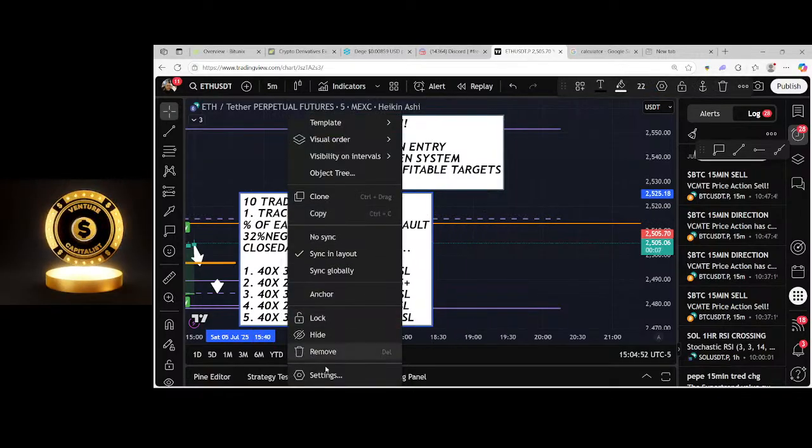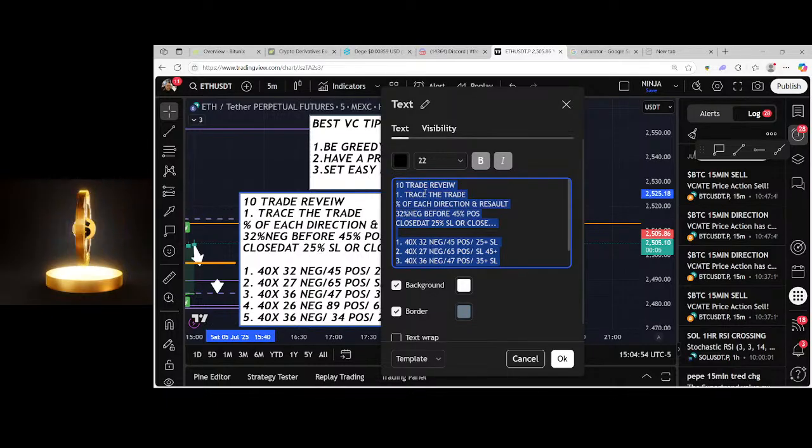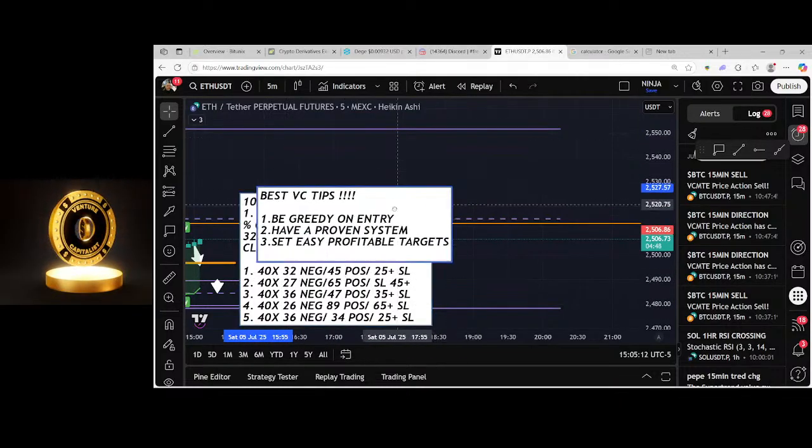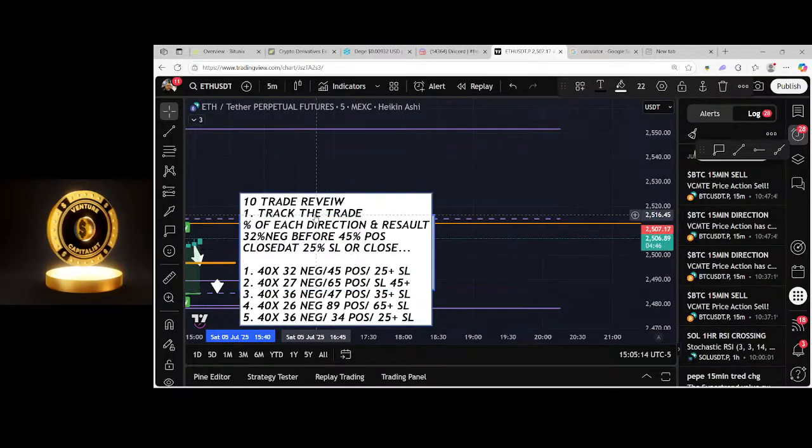Trace the trade, track the trade, right? And what that's going to do is track the trade, boom. And then once you track the trade, you'll be able to figure out what you're doing wrong, right? So if entries are your problem, then the number one tip that I was giving you early is that you have to